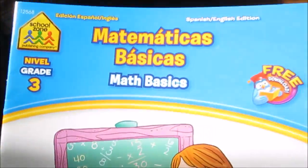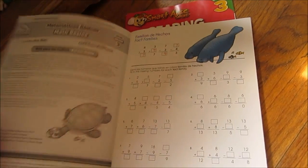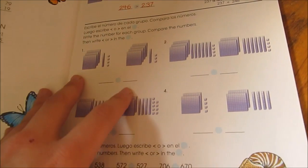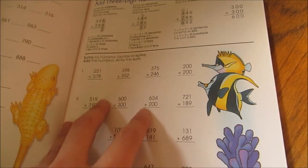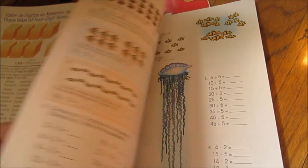She also has this little grade 3 math basics, and it's in Spanish, both in English and Spanish. And I got this at Five Below, I believe. So there's some really easy stuff at the beginning, but then, you know, it moves on to stuff that she already learned, like place value to the 100th. She already knows that. She already learned that to the 10,000, but you know, it will be something fun to